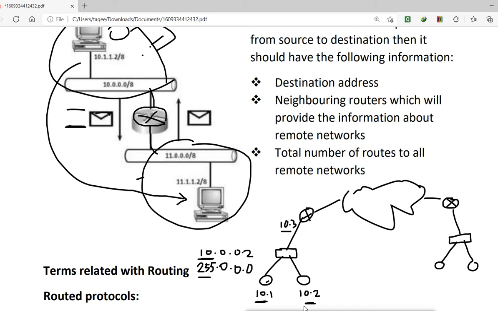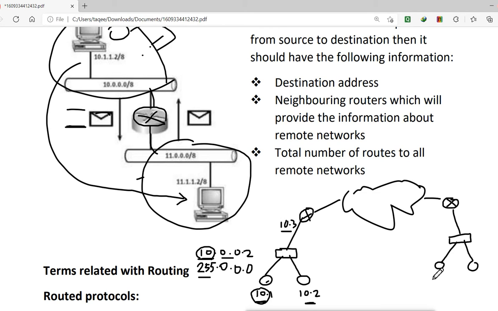Whatever IP we ping within the 10 network, because this machine's network is also 10, it will try to ping any IP within the network. It will say that it is within my network, and that means it will only try to find it in the LAN network. It will not try to do anything else.